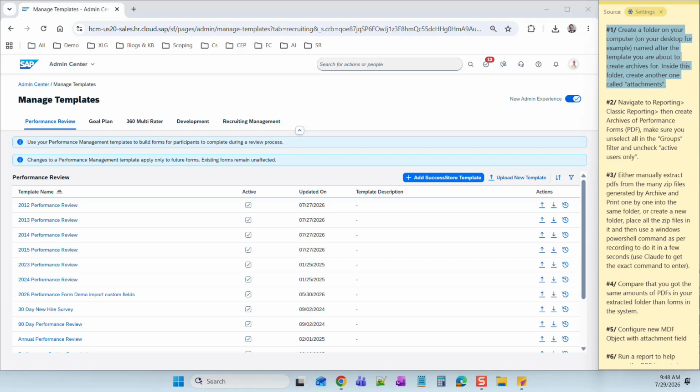In this recording, we're going to explain how to create a backup as PDFs of all the forms created with performance forms, performance templates from a long time ago. In some cases, we've had customers come to us and say, our configurations have changed so much over the last